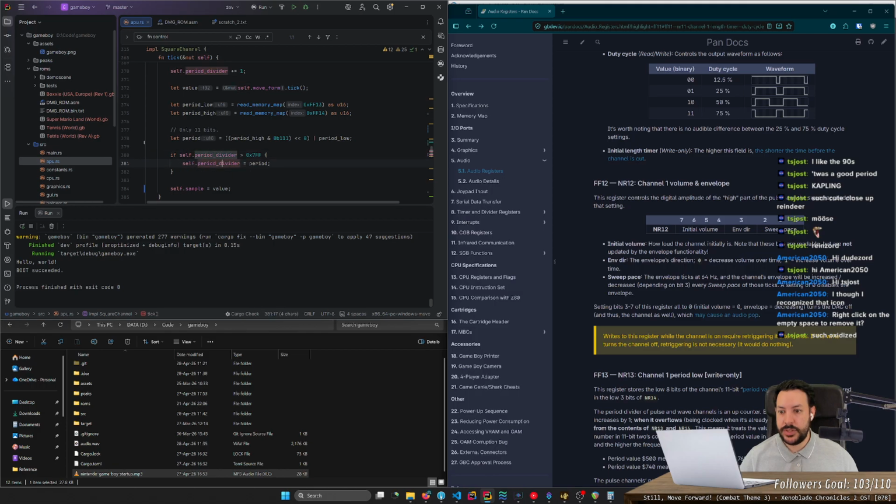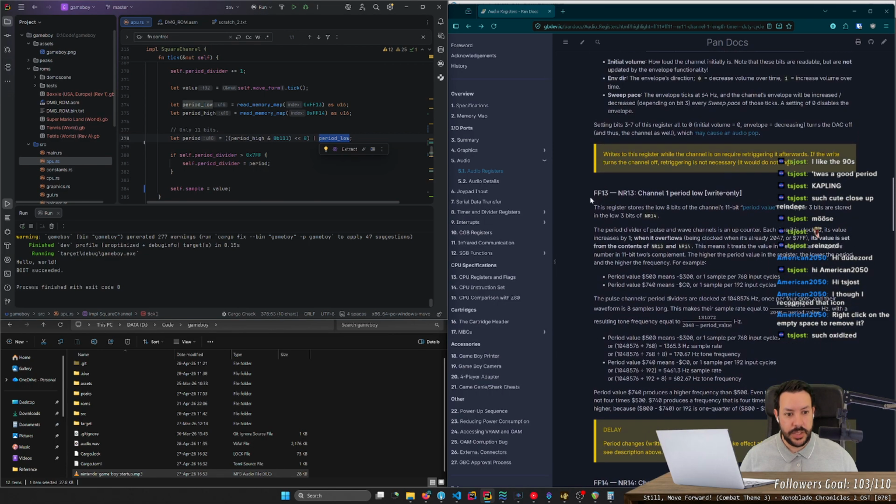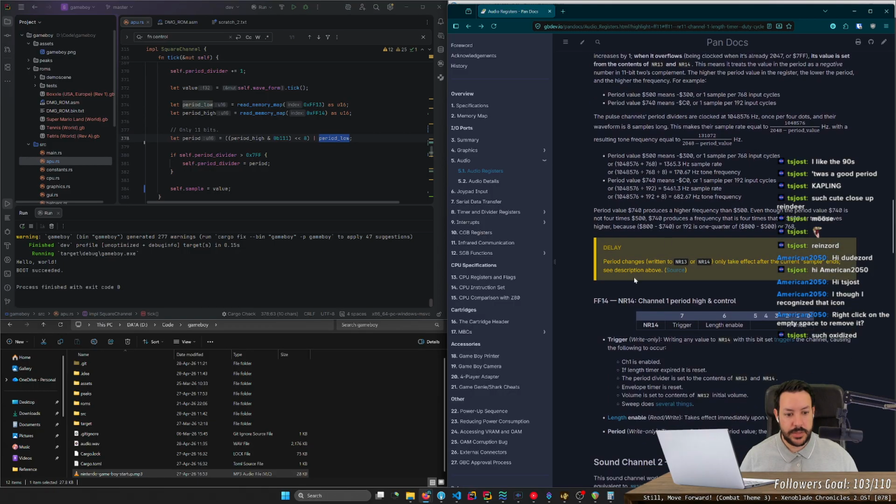When we reset self.period divider to the value of the period, which I think is proper, I take the first 3 bits of it, left shift it by 8, and then do a bitwise OR with the lower ones, because FF13 is 8 bits, and then FF14 only uses the first ones.